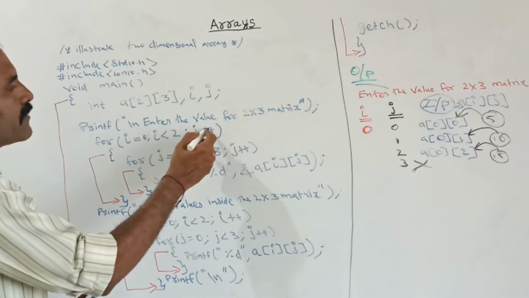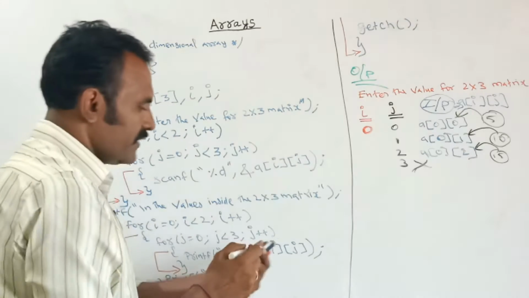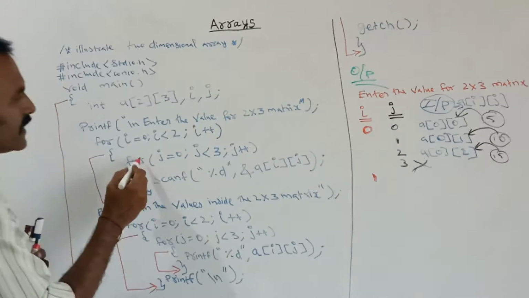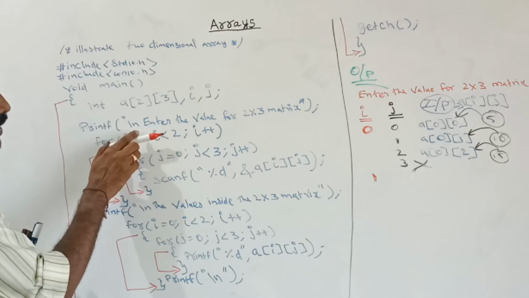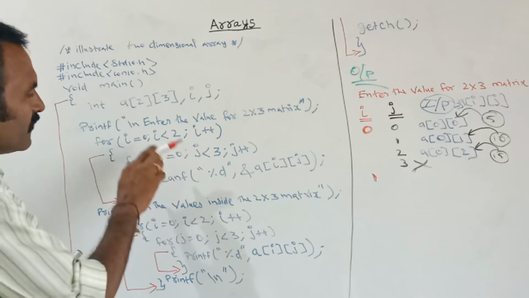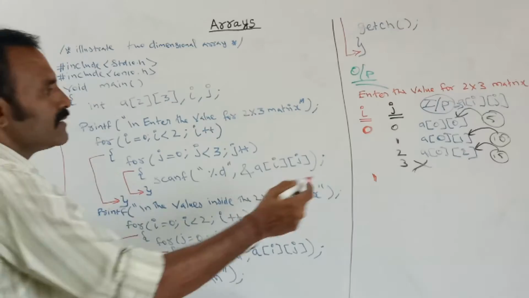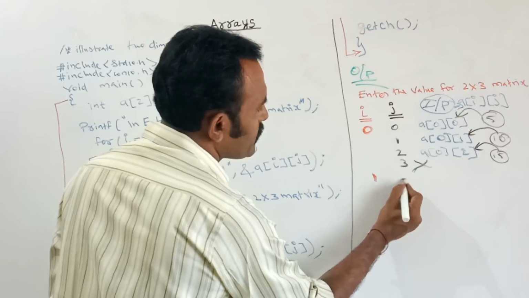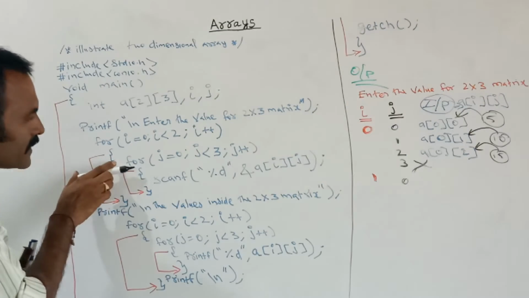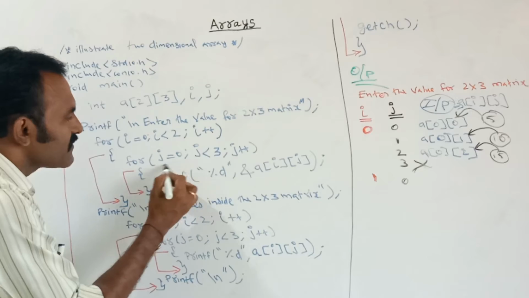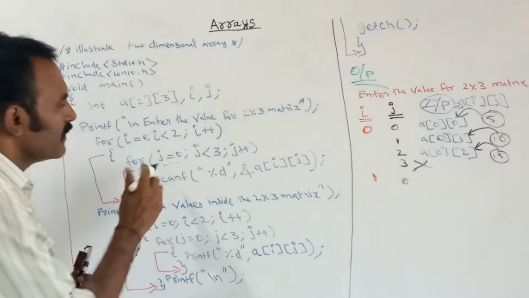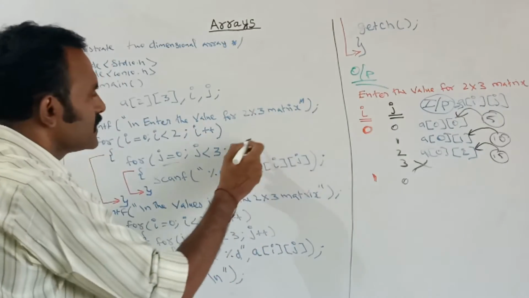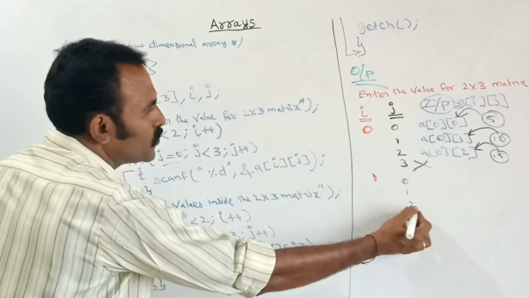See, i will be incremented here. It will come to this part. Now the i value will be 1. Then it will check whether 1 is lesser than 2, and the condition is true. Again it will go to the inner loop. Once it comes inside the inner loop, in a similar way the values 0, 1, 2, 3 will be executed. When it comes inside the inner loop, it will start from the initial value each and every time. Here the initial value is 0. After that it will get the input value, and next j will be incremented to 1, 2, etc.